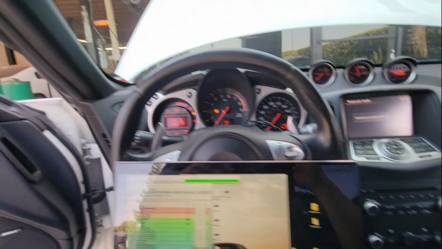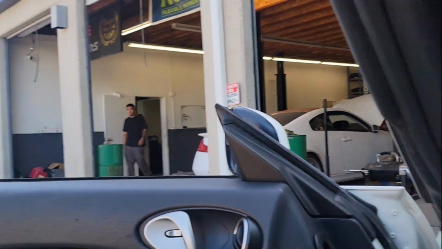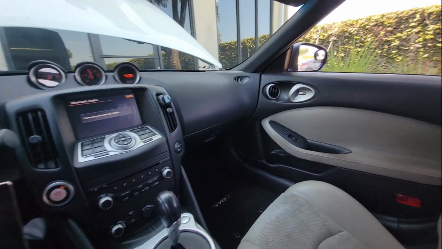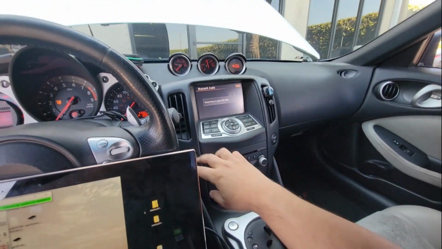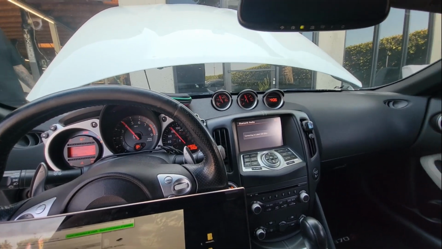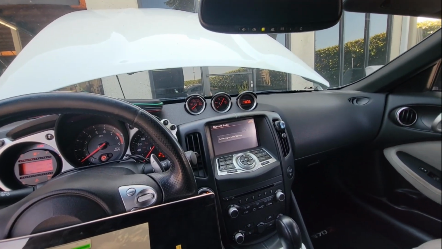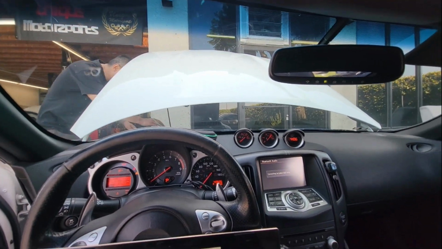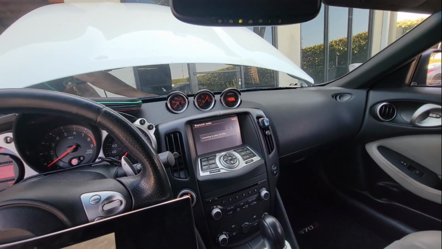George over there. I'm gonna just put a tune in here, one of mine, and see how it runs. But actually, let me start it for you guys. So here, it sounds like it's cam, and eventually the car does shut off on its own. So at the moment, I don't see any limp mode issues, but